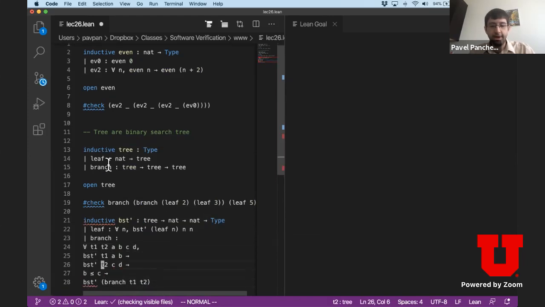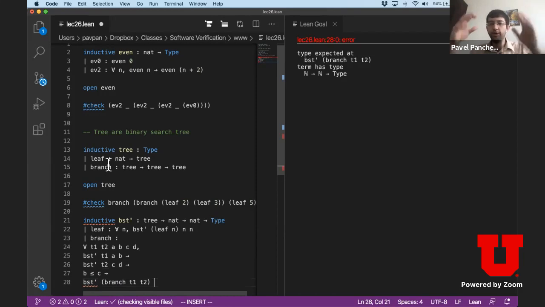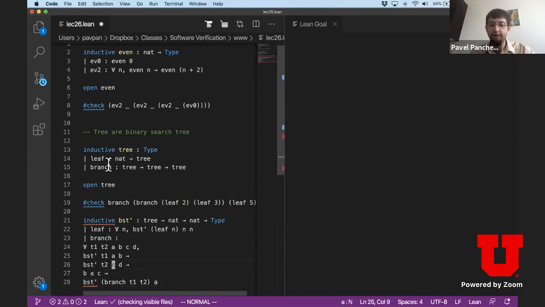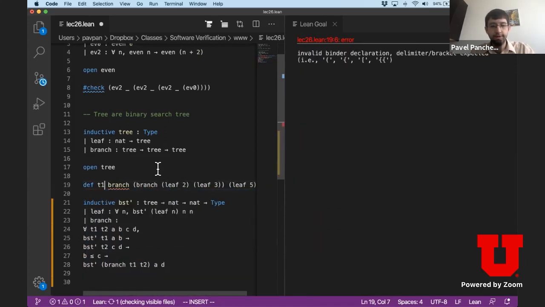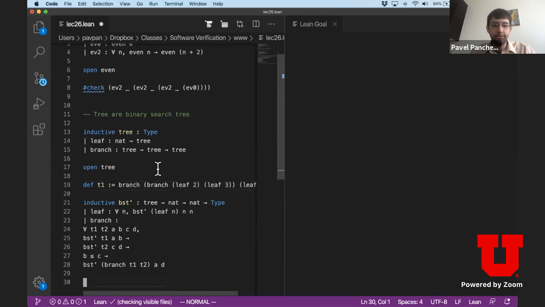And then finally, since our binary search tree predicate now includes information about least and greatest elements, I'm going to have to add that information here as well. So the least element in this one bigger tree that combines T1 and T2 is going to be the least element in the left tree, and the biggest element is going to be the biggest element in the right tree. And so here I've defined this binary search tree prime predicate. And let's just go ahead and prove that